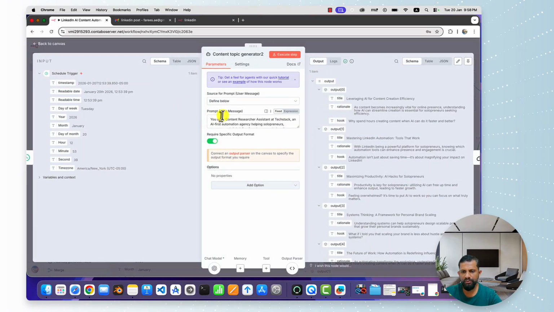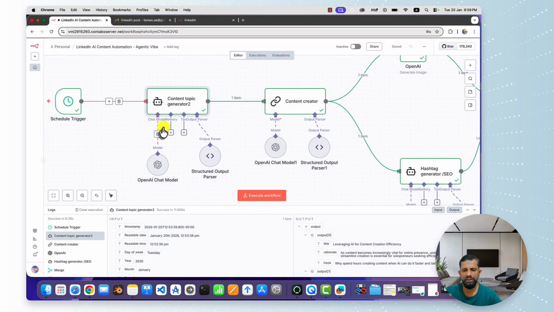Here you can use the option defined below and put in the task which you need the AI to perform, like what research it needs to do, what content it needs to provide, it needs to generate based on your input. You have to give here your inputs based on your niche. Then it is connected through OpenAI chat model, which is the brain of this